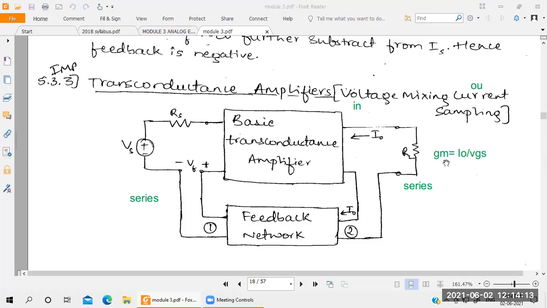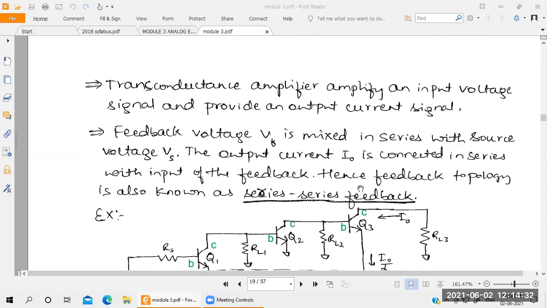So transconduction means what here? Gain margin, right? What is the equation here? The equation is I naught divided by VGS, meaning the output current is controlled by a small change in the voltage. Understood? Small change in the voltage means you can take the source voltage here. So the connection type for the feedback is series to series. This one is a series to series feedback network. The output current is I naught and the source voltage is VS.